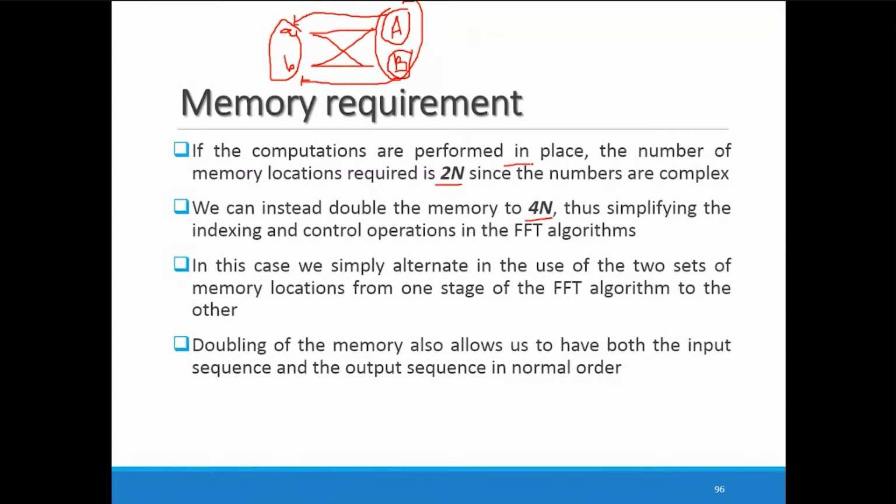Okay, so when we are following this butterfly operation and using this in-place computation, either our input sequence is in the bit reverse order or our output sequence is in bit reverse order. So we need to arrange the order to make it correct or in the normal order. But if I am doubling the memory size, we can store them separately. Whatever output I am getting, there is no need to replace the input or assign the input storage location to the output. So when we double the memory, another advantage we are getting is that both the input sequence and the output sequence will be available in the normal order.